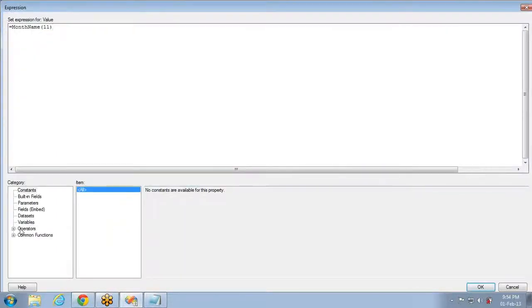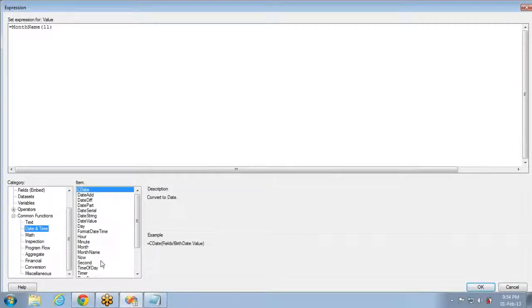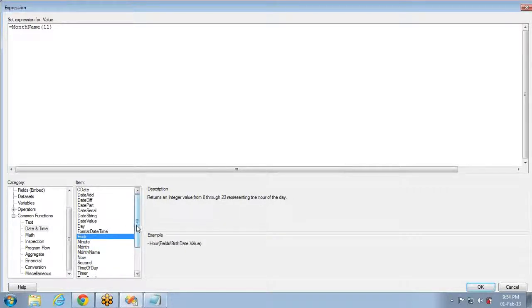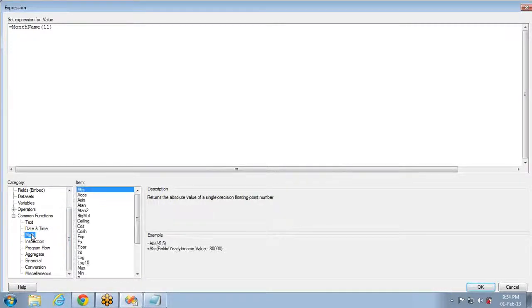And let's see any other functions we can see in this session. So date functions like this, you can get second. The now function returns the current system date and time. And month will give you the number, what is the month, that is 11 or 12, if you provide the date. Hour, minute, and so on. Whatever part you want from the complete date, it will provide.